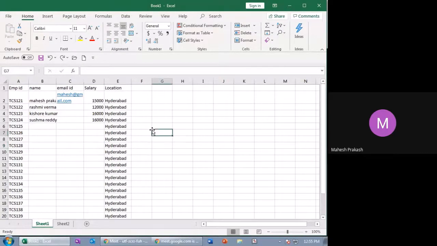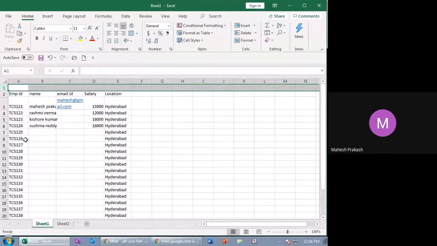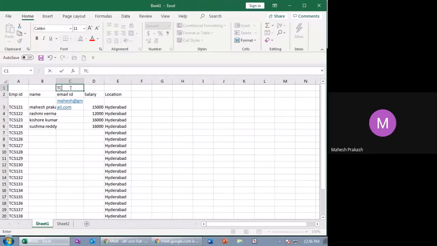Okay. Now next is merging. Merge, the name itself says merging means you're merging something, adding two things at a time. That is called merge. So imagine now we have a table. What I'm trying to tell you is how to work with merge. So this is of TCS. I want to have a heading above which says TCS. So I'm adding a new row and I'll name it as TCS employee table.